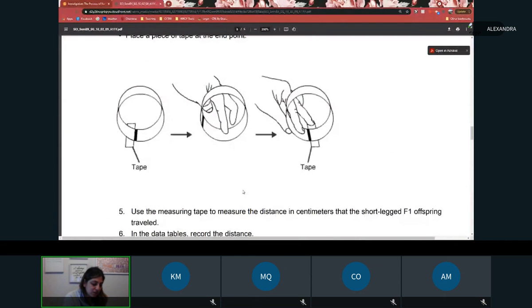So I'm going to go ahead and start at my starting point. I wish I could, let me see if I can show this to you. Can you guys see this? Where is it? Right here. Can you guys see it? So if I start here, and then you roll it